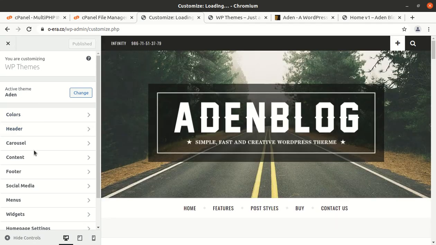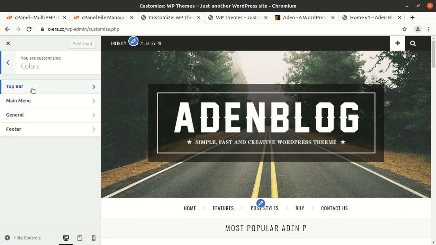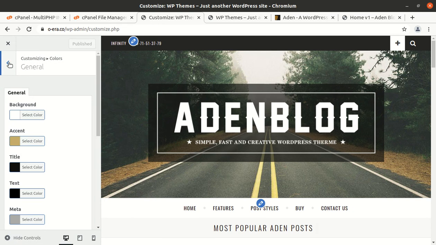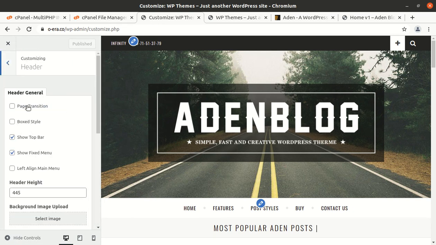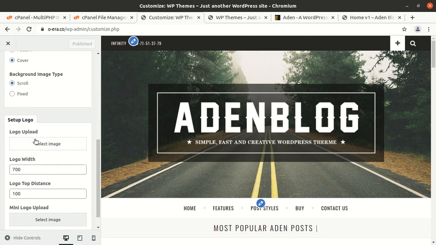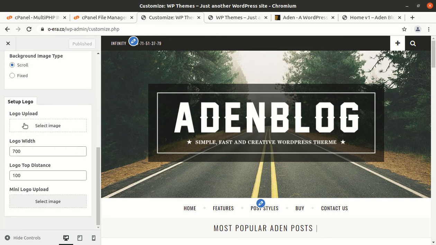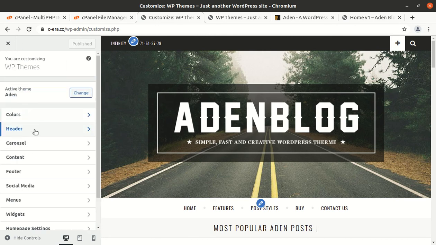And here are the options. The color option, of course: we can change the color of the top bar, main menu, general, and all such colors from here. And it is the header, where you can upload the logo from here, the setup logo, and even the logo width and height can be adjusted.